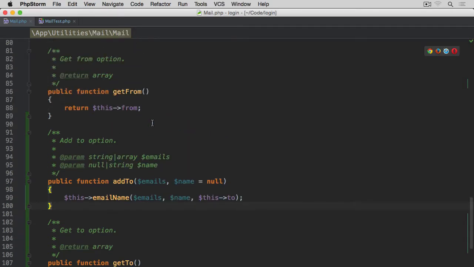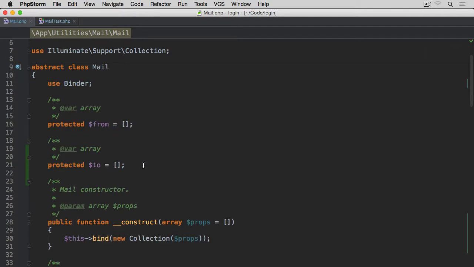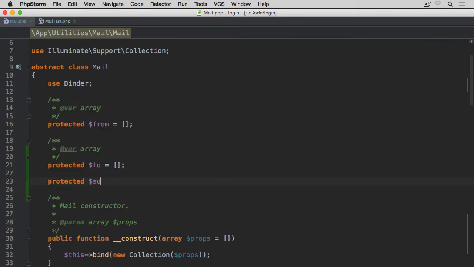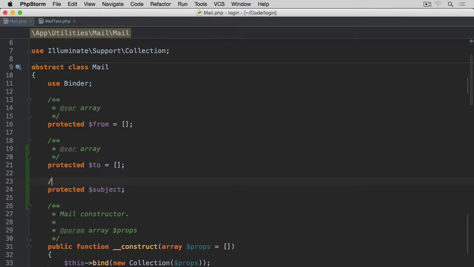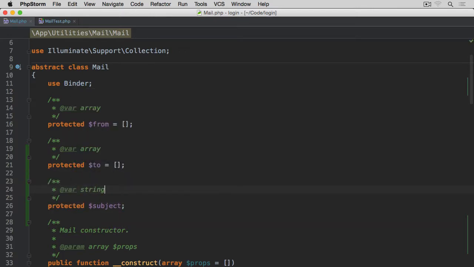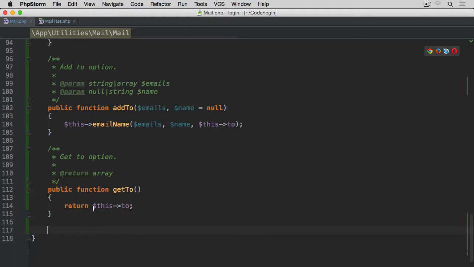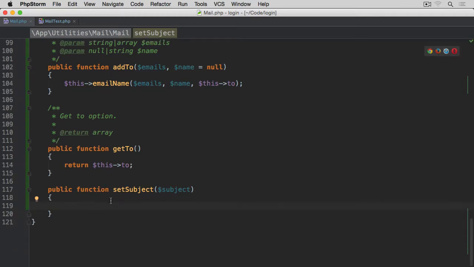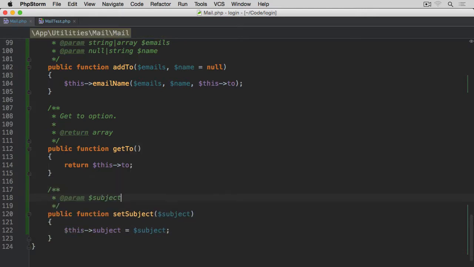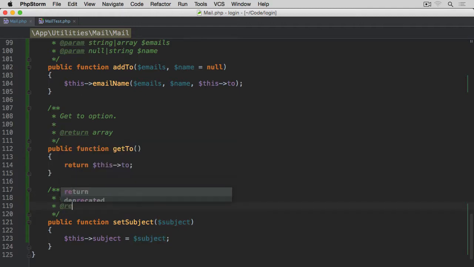Okay, the next property we're going to work with is going to be the subject of the email, so protected subject. And it's going to be of string type. If we scroll down, we need to add the setter and getter for this property as well. So public function set subject, with subject as argument here, and we're going to go for this subject equals subject. And let's add some doc blocks. Our subject is going to be of a string type. It returns void,